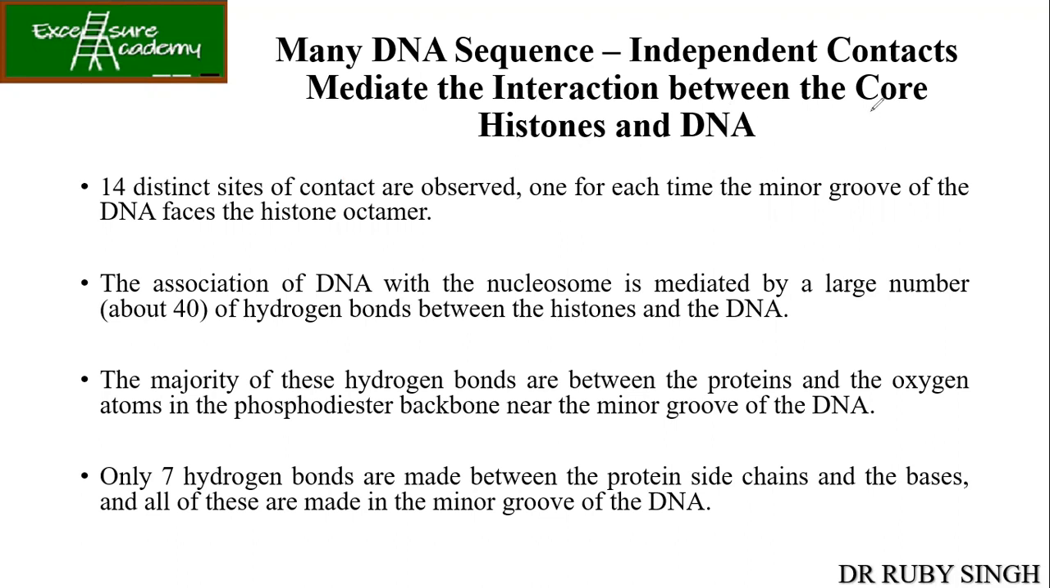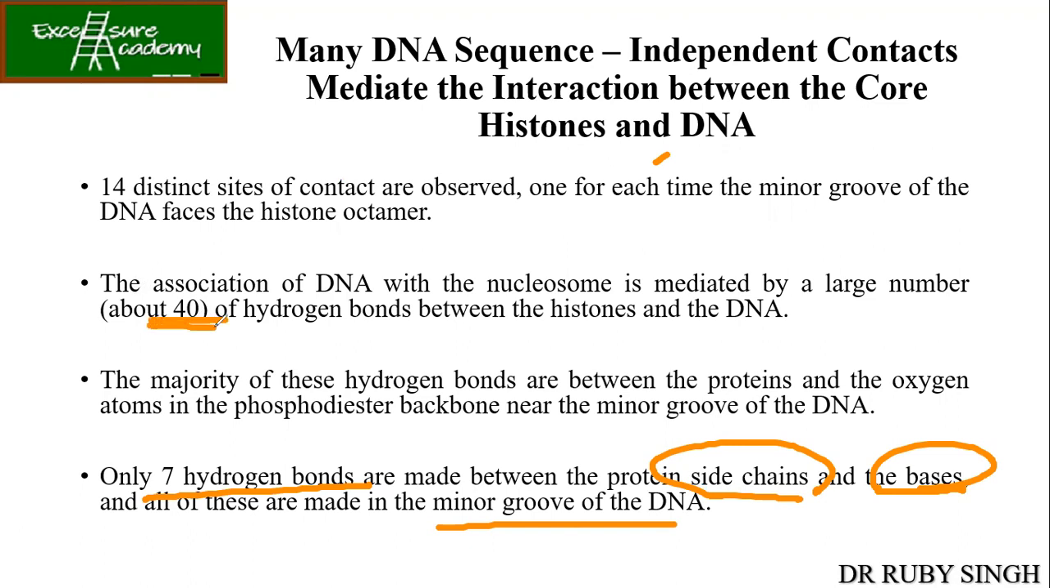Now only 7 hydrogen bonds are made between the protein side chains and the bases of DNA. ठीक है, side chains and the bases of DNA, and everything again in the minor groove. Okay, so there are 40 hydrogen bonds, out of which only 7 hydrogen bonds are made between the side chains as well as the bases of DNA. बाकी सब कहाँ हो रहा है, backbone of the DNA के साथ. ठीक है,